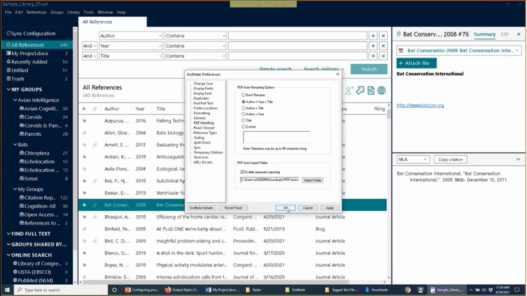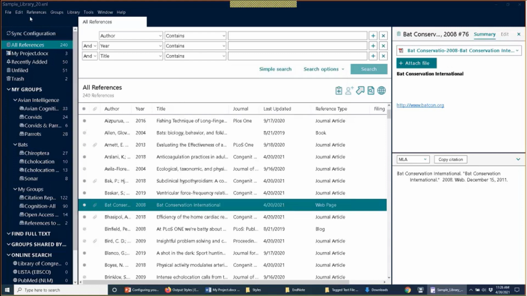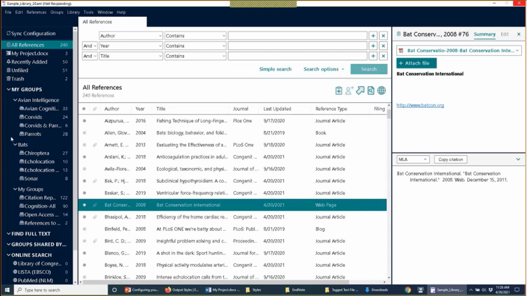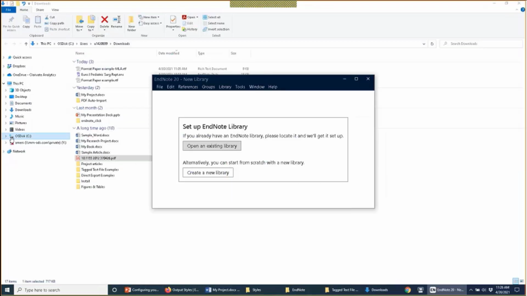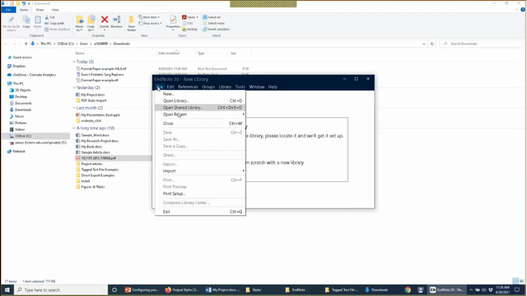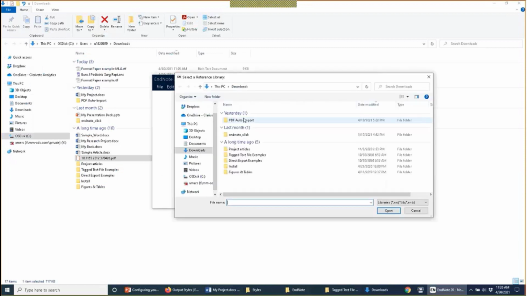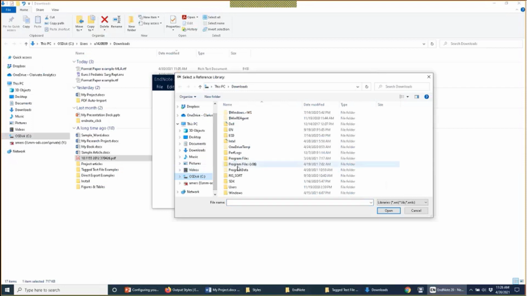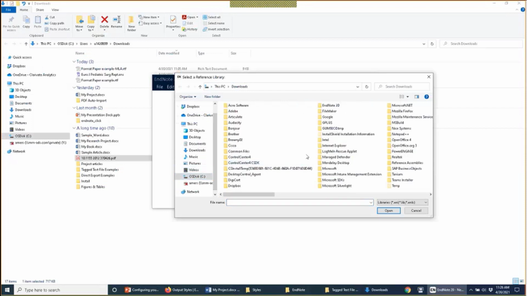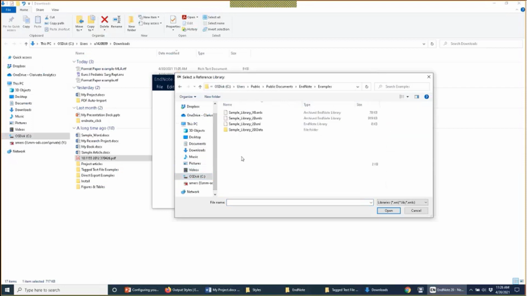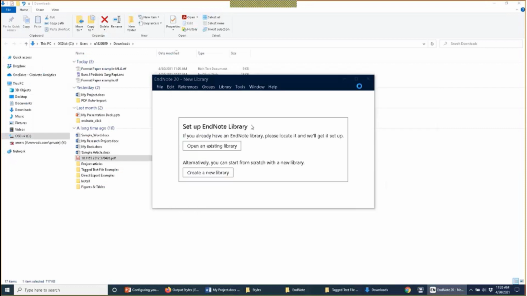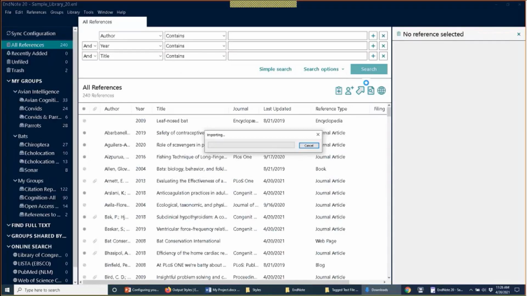So just to show that in action, if I press OK, if I now go to the File menu and exit the application, it'll take a moment to process and save my changes. Now that EndNote's closed and I relaunch it, I can go back to my sample library, navigating to my examples folder where this particular library resides. Perfect. All right, so I'm back in my EndNote library, and because my PDF auto import folder already had some